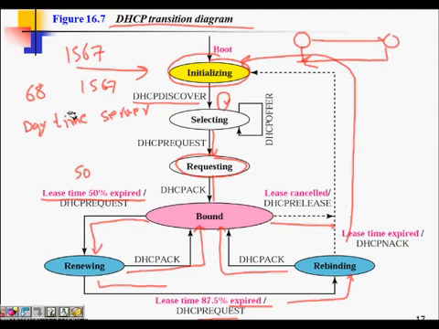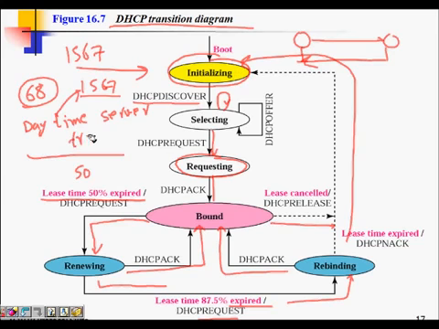If it is sent at port number 1567 to all people, the daytime server will get confused about what message it is getting, because it was expecting a time reply and it will be getting a DHCP reply. So it's always port number 68 that will know that if a message is coming at 68, it will be a DHCP reply. Now you might ask, let's say there was a power shutdown and all machines start at the same time. Then all of them will send the request together. So how will the reply be taken?